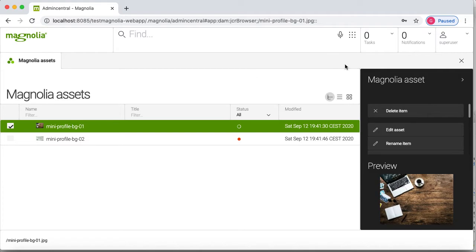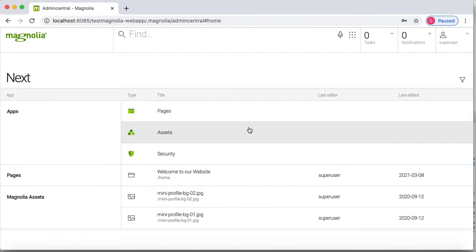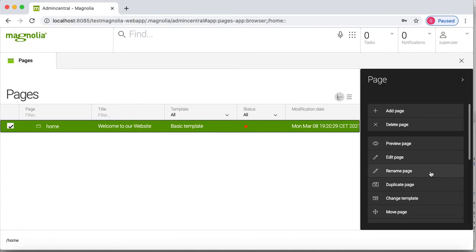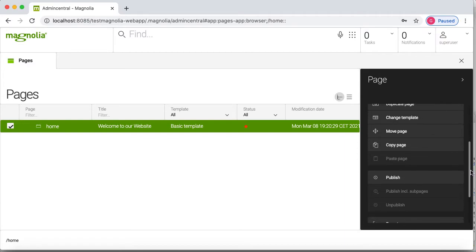And now I will move to the page, and here I will commit this page. I will publish this by using this option. You can also see here it is successfully published, and now this is done from the author side.